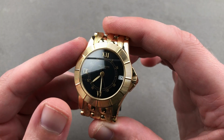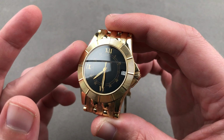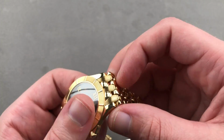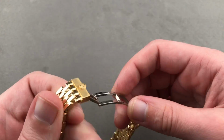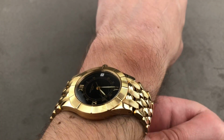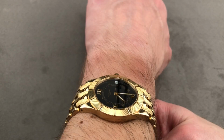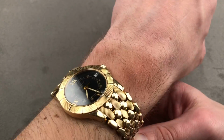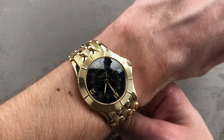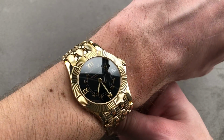The timepiece is 36 millimeters in diameter. Some say 36.5, but my calipers say 36. 8.1 millimeters thick and automatic. It is an ultra thin automatic. It's only once you throw it on the wrist that you realize, though it's 42.6 millimeters lug-to-lug, the solid end links of the integrated bracelet increase its span to 49.1 millimeters across the wrist, giving it a nice full figure and wrist stance. So though it's a 36, it wears more like a 40, and it has that kind of